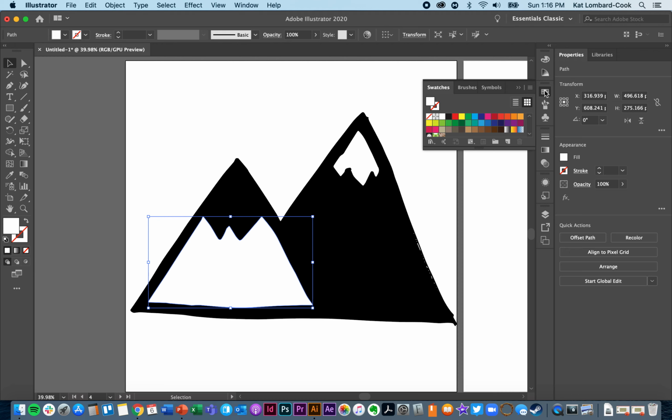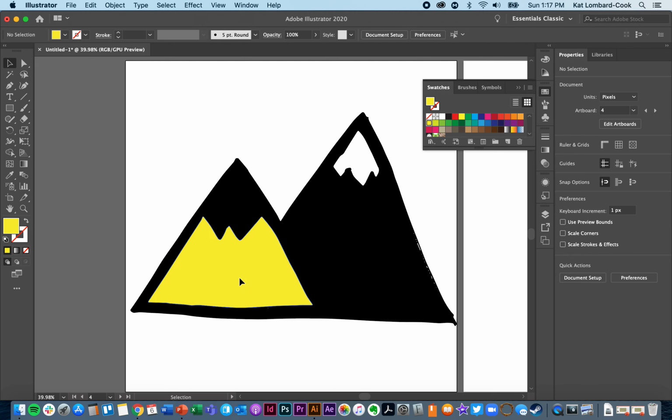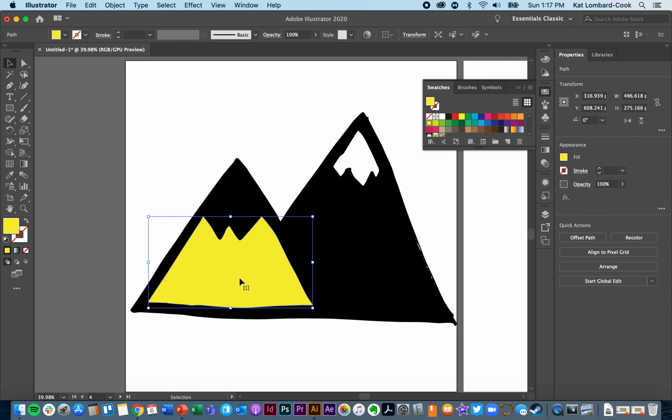So I'm going to go over to my swatches over here. You've got swatches, you've got a color guide, you've got color up here, but swatches is going to give you this little generic color kind of to start you off. It's got a bunch of generic colors in here. So I want yellow. As you can see, that's made that yellow. If I had deleted the shape altogether, then I wouldn't have been able to color it in. So just to keep that in mind, you might want to keep those shapes